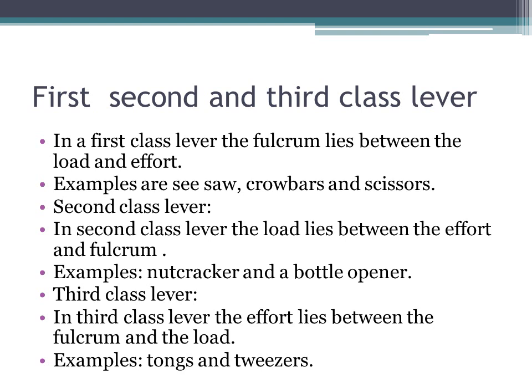So what is an example? Seesaw, crowbars and scissors. Now see the scissor diagram. In the middle, what is the fulcrum? The middle fixed point. The fixed point at which the bar moves is called the fulcrum. So the fulcrum is in between, effect on one side and load on the other side. So it is an example of a first class lever.